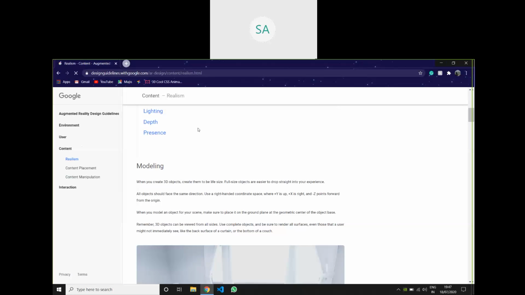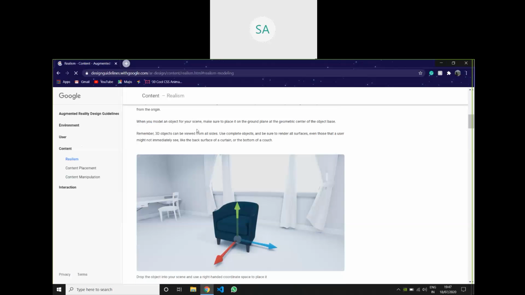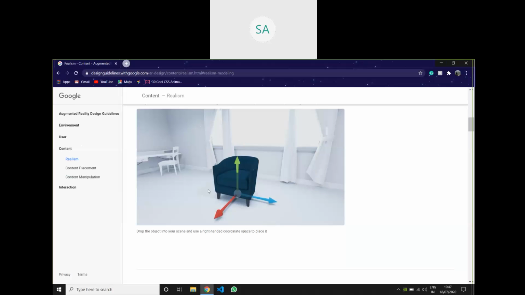So when we look at modeling, we should give them the option to move it here and there. We need to give them the option to place it wherever he wants after detecting a plane. And we need to give him an option to scale it up, scale it down, and rotate everything. We need to give him an option to do everything with the 3D object. And the 3D object should be viewed from all sides, so make sure that it is perfectly textured. Here, when you can see this couch, the developer has given the user options to move it here and there.